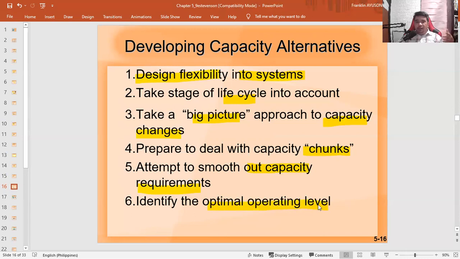So itong alternatives can come in different ways. For example, yung operating hours, pwede mong gawing 8 hours or 12 hours or sometimes 16, 20 hours yung operation, or sometimes 24 hours yung operation. That's one way of designing your capacity alternative. But of course, ang maapektuhan dito, not only the maintenance of the machine but also the level of human resource and also the supply. So meaning to say there should be alternatives. We should be ready for some alternatives because inasmuch as we want to design the capacity and forecast the demand, minsan talaga hindi siya nagkakatugma.